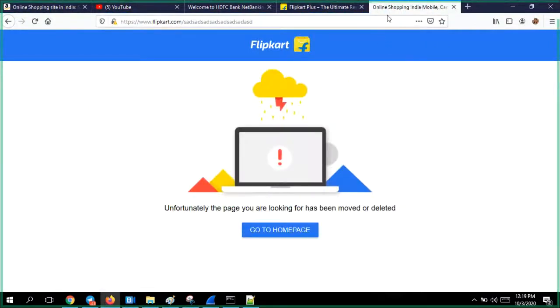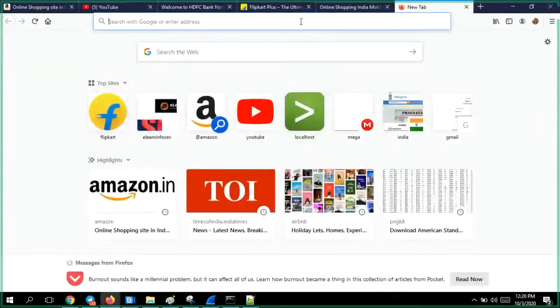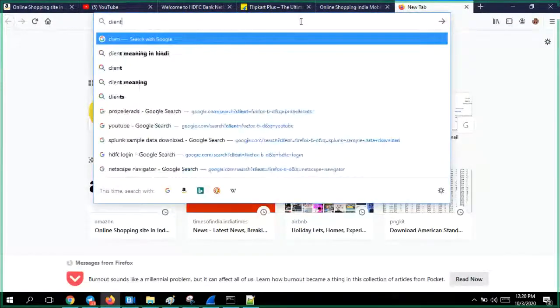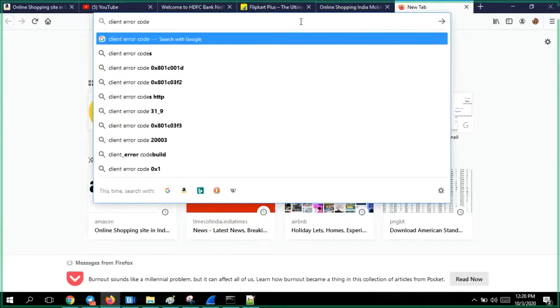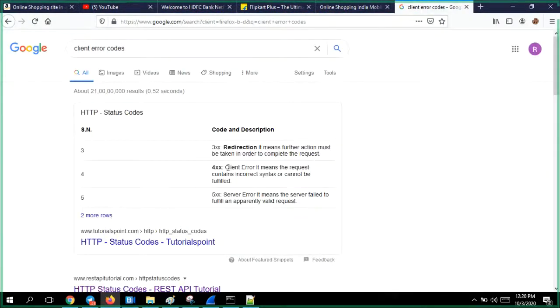I will show you those client error codes. 4xx is the client error code. It means the request contains incorrect syntax or cannot be fulfilled. Something we have done, some error.